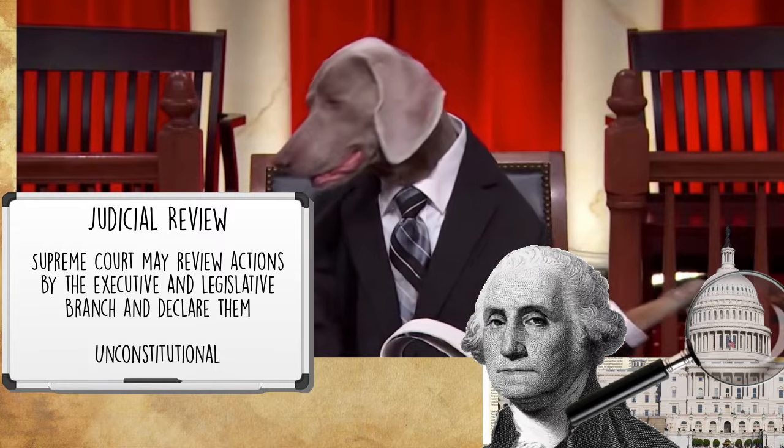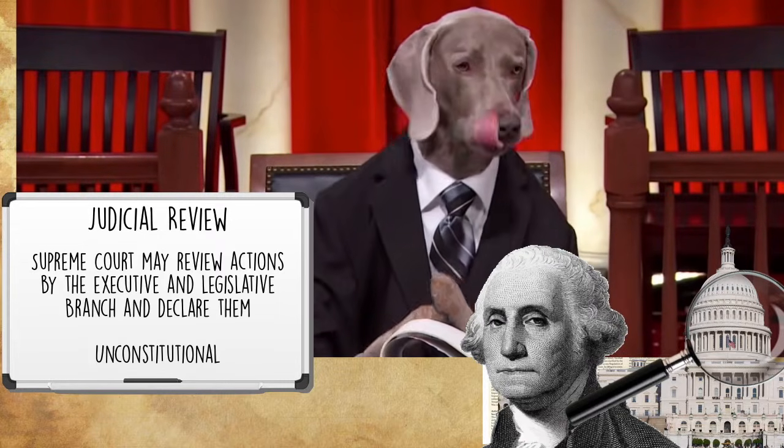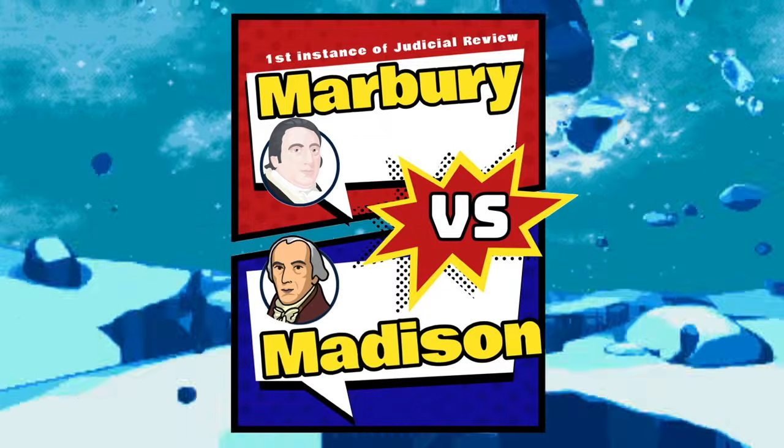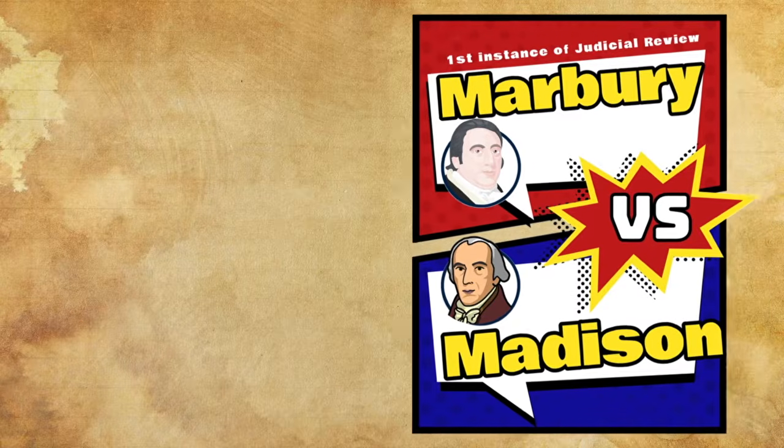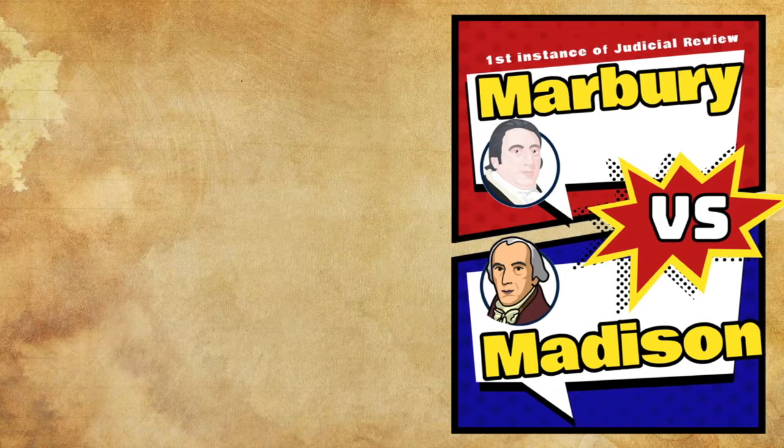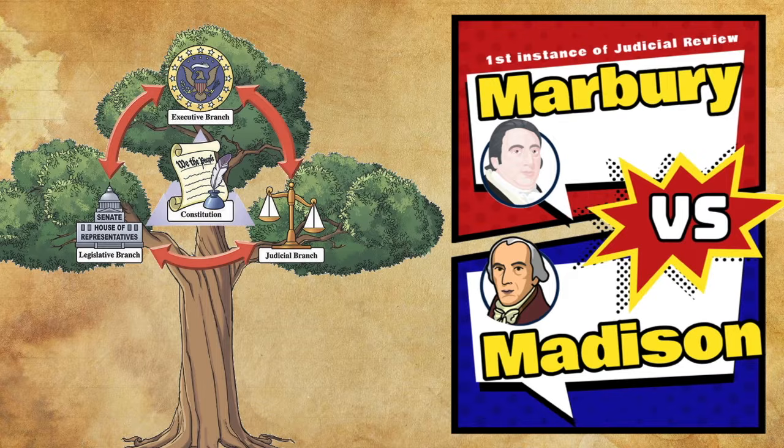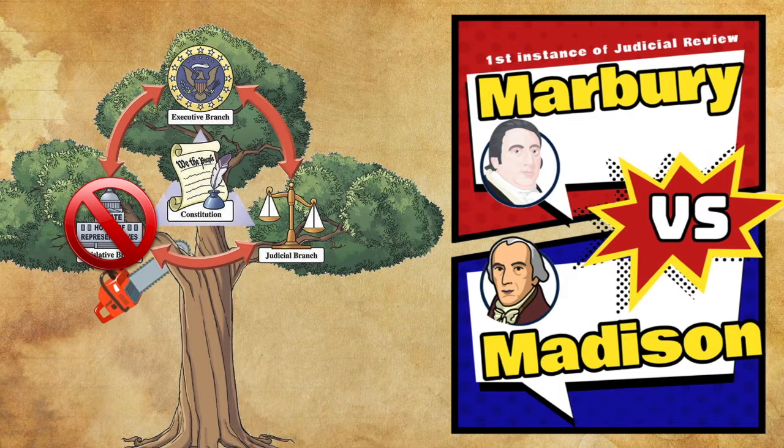Now, the Supreme Court essentially gave themselves this power in a very famous case called Marbury versus Madison. According to the Constitution, the Supreme Court was really not interacting with the other branches. The whole checks and balances thing is not really found in the written words of the Constitution, but this implied power, which we don't find in Article 3, is the one thing that allows the Supreme Court to interact with the other branches and stop them from doing something wrong.